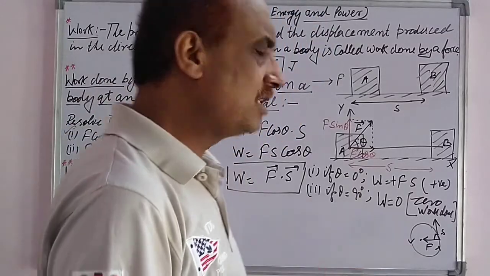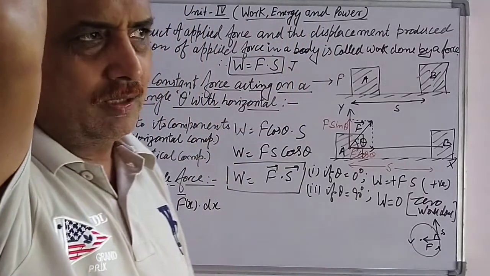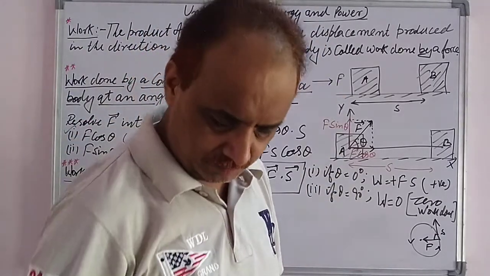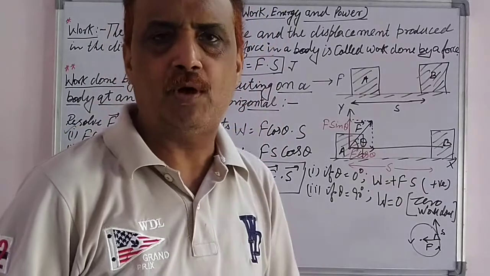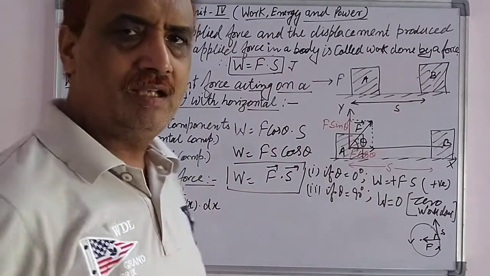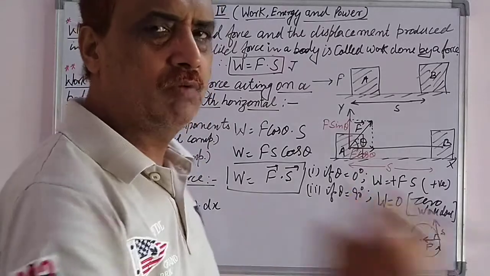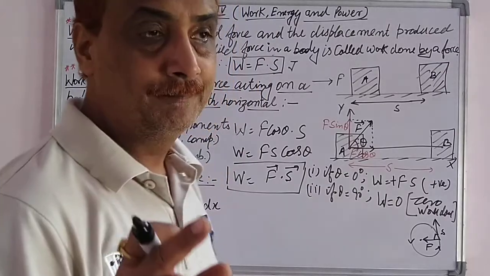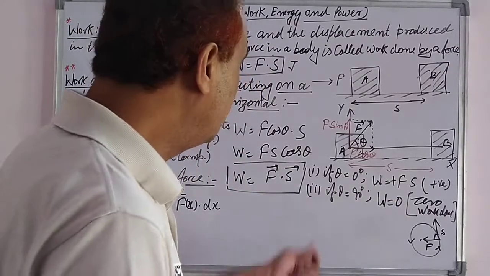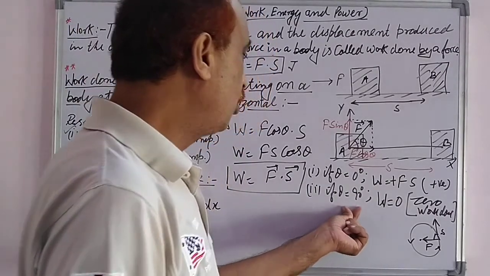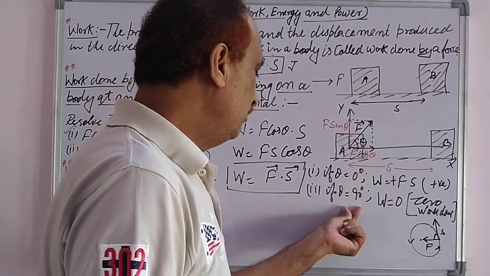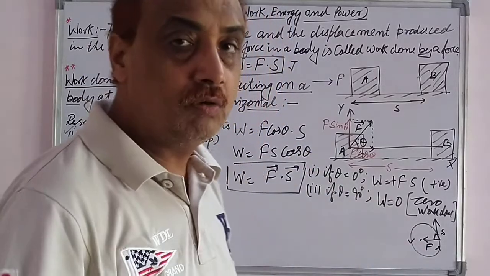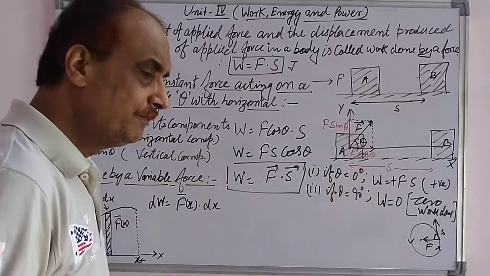Another example is suppose a pulley is placing some weight on the head, so that weight is acting perpendicular when the pulley is moving on the platform. So if we make an angle between the weight and the displacement equal to 90 degrees, in that situation work will not be done by the pulley. So in the language of physics, when theta equals 90 degrees, which means the force is acting at an angle of 90 degrees with the displacement, then work done will always be 0. So this is the situation.